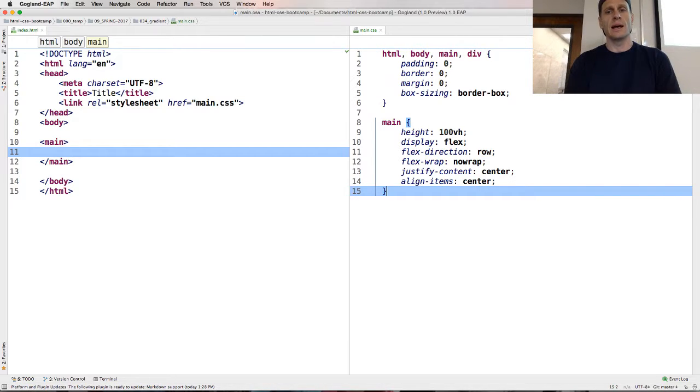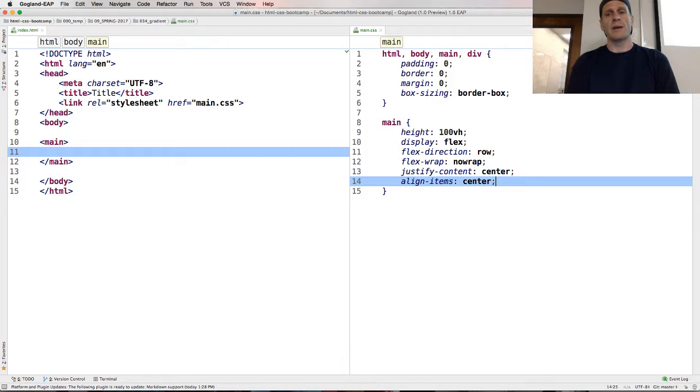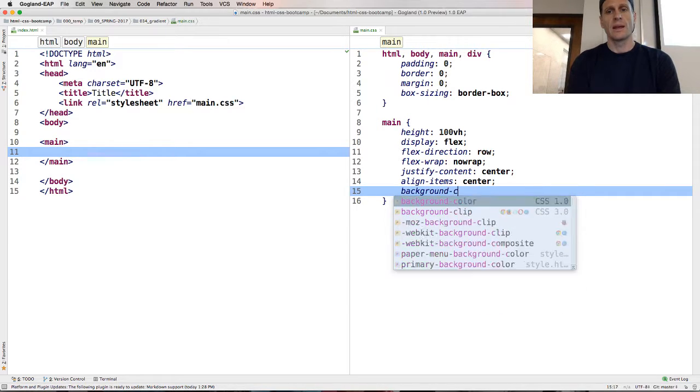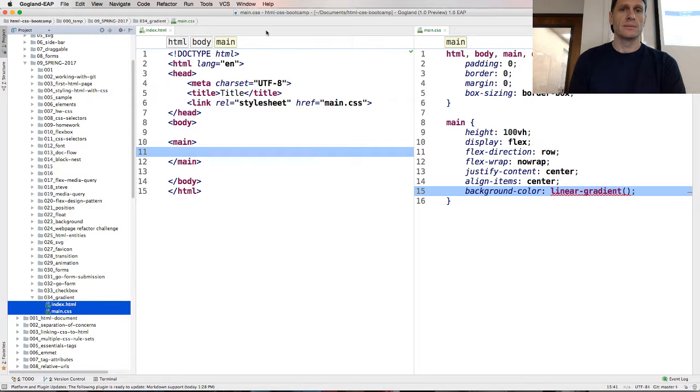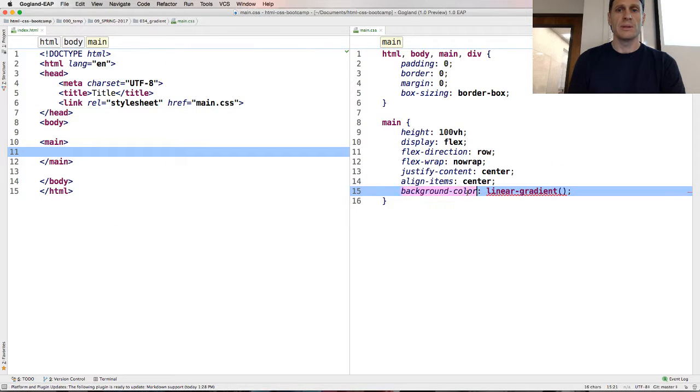And then I just want background color linear gradient. That doesn't look right. So I gotta go look that up. Oh, thank you. Background image. Background image, linear gradient, and then I just put an RGB here, colors, and so I could go from